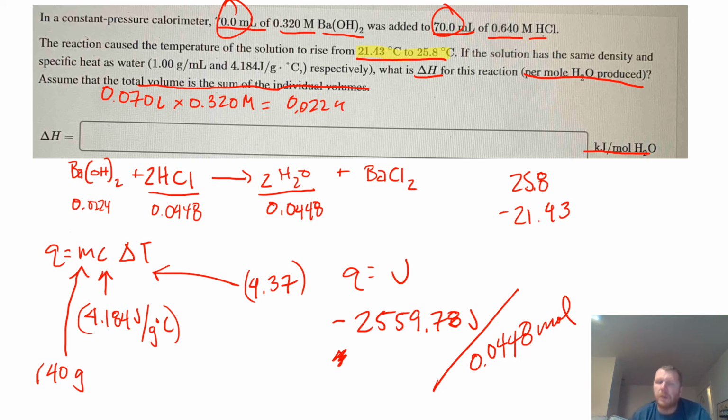And we learned that because our earlier reaction told us the number of moles of H2O that are produced. So I'm going to divide that 2559 by 0.0448, and that's going to give me a value of, here's my answer, negative